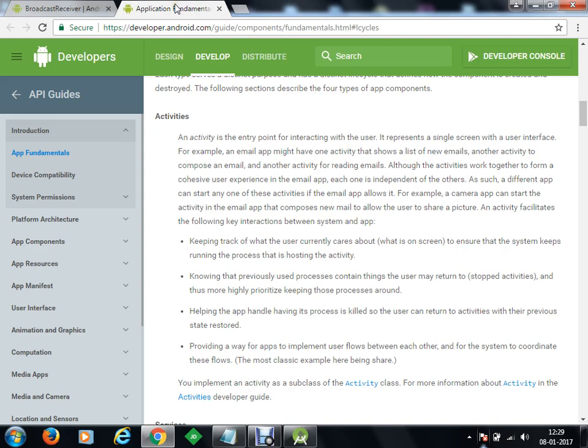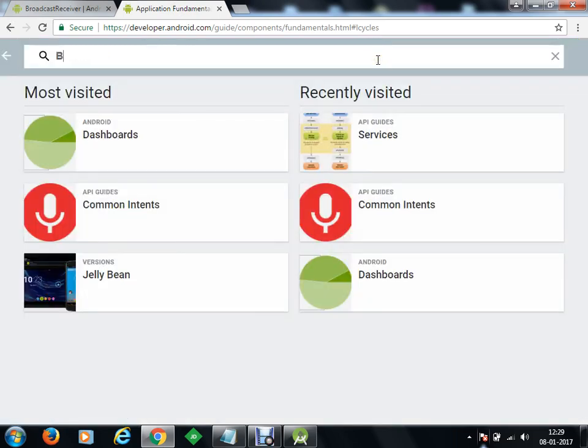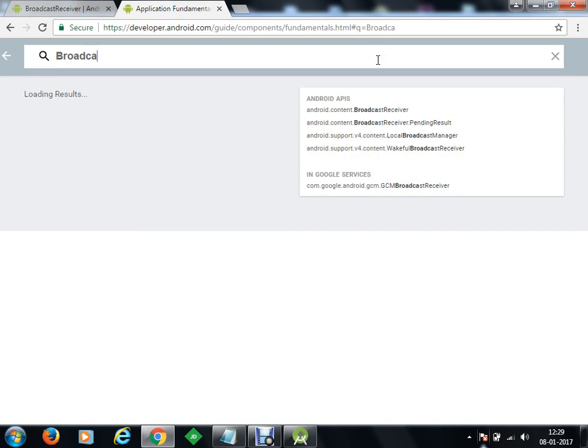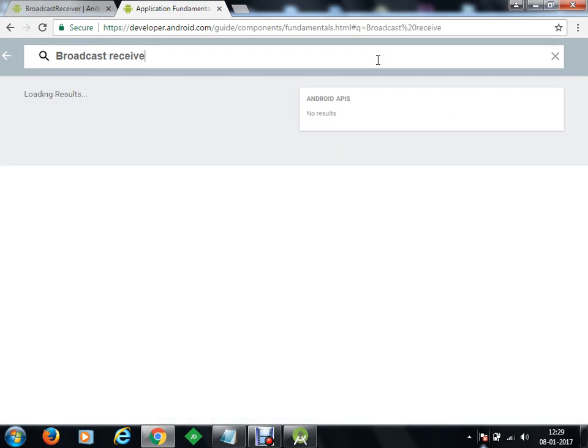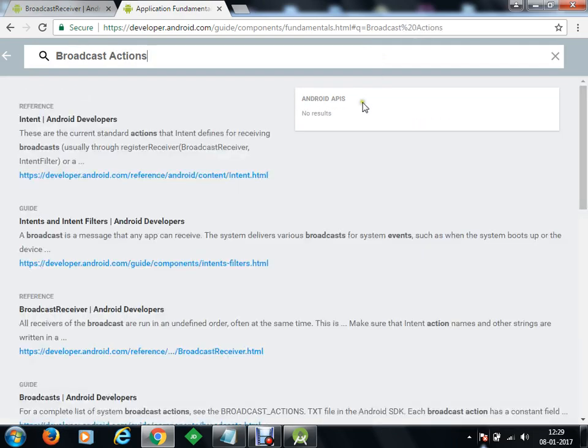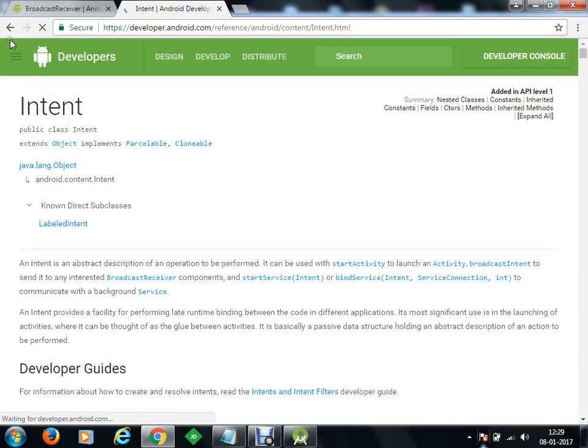Okay, we can search for broadcast actions as well. Yeah, broadcast actions.txt.